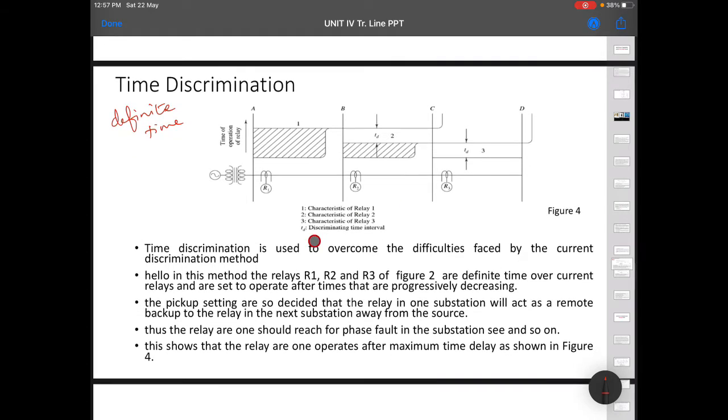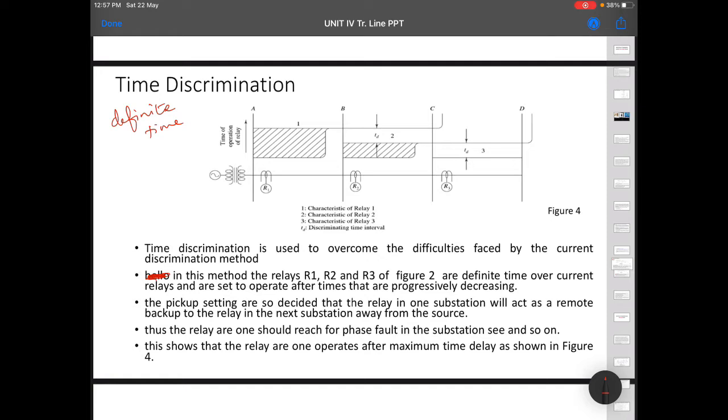So is it good? In a few cases, or up to some extent, it's good, but it is not practically implementable. We'll see how.